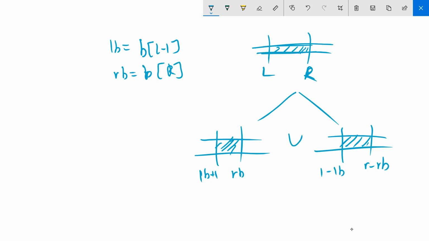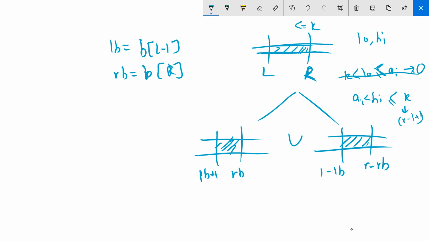So you were interested in how many elements are less than or equal to k, from L to R. All nodes have their intervals, right? So one base case is that the low value is greater than k. So all the elements will be greater than k and we can simply return 0. And for the other base case, if high is less than or equal to k, it means that all elements would be less than or equal to k, so you return how many elements are there in the subarray, which is r minus l plus 1. So that's what is happening over there.